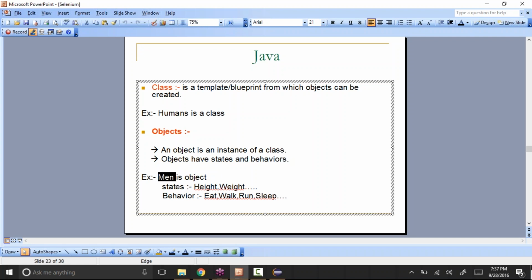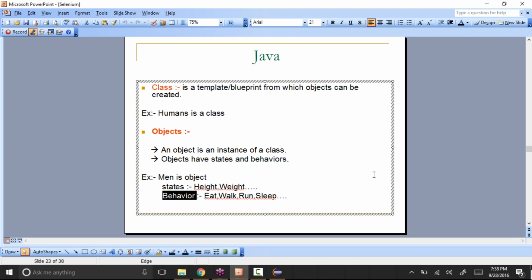One object, which is man, has different states, in the sense that men have different height, different weight, and so on. And every object will have some behaviors, such as eating, walking, running, sleeping. Every person's height is different, weight is different, how they walk, how they run, how they sleep, their sleeping behaviors, eating behaviors, those are all behaviors.